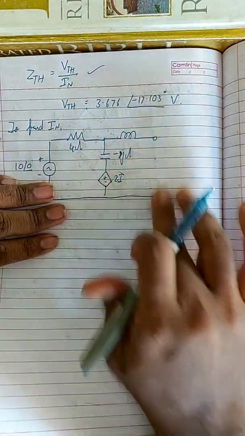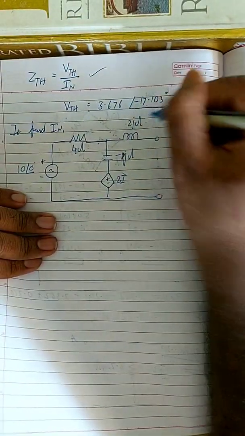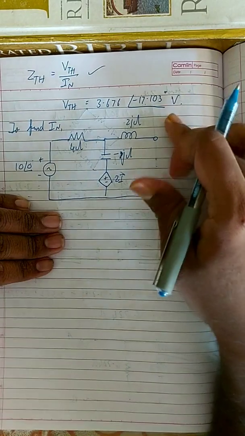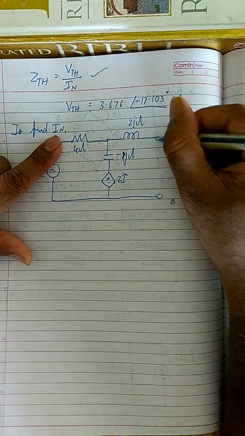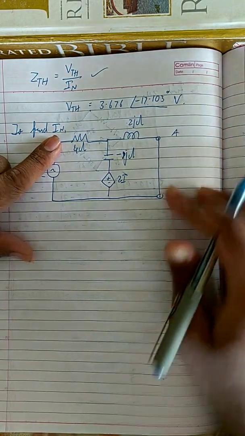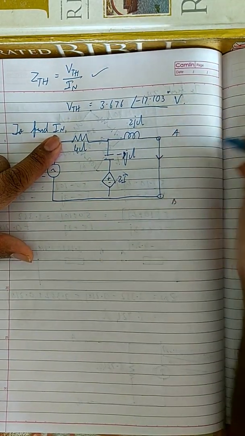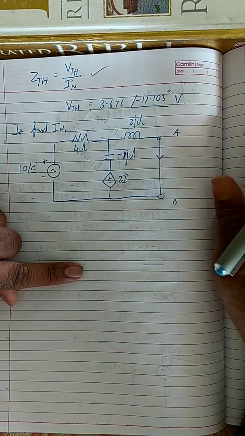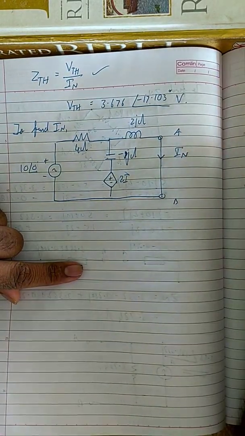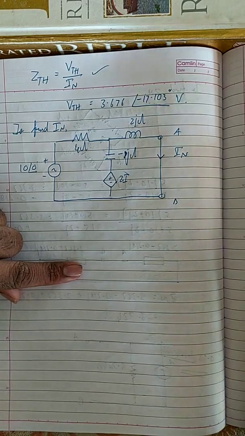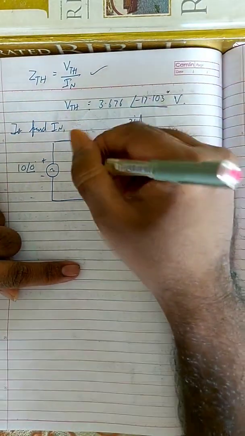Okay, and what else do you have? The inductor is 2j. Okay, just 2j. All right. So now, like I said, I'm going to find IN. To find IN, I join these two terminals, and the current that is flowing from A to B is the Norton's current. Okay, IN. Right. So now I'm going to find the value of IN using mesh analysis, which means this is